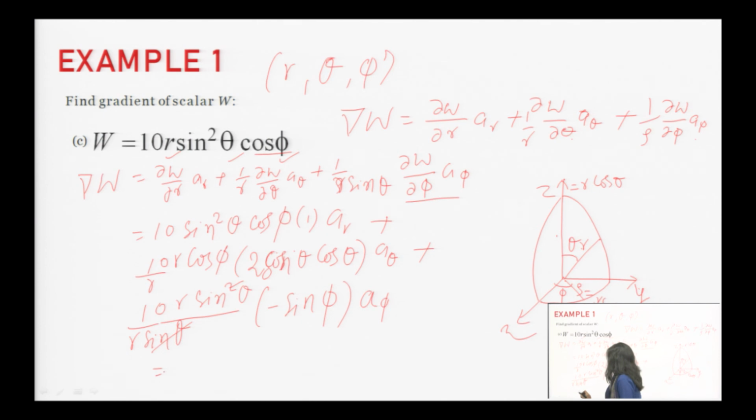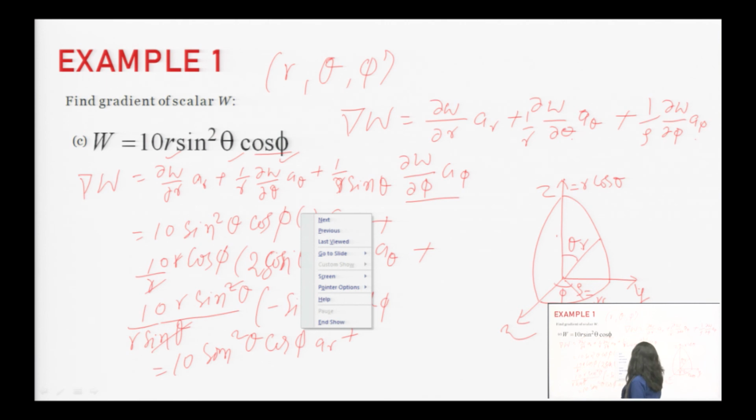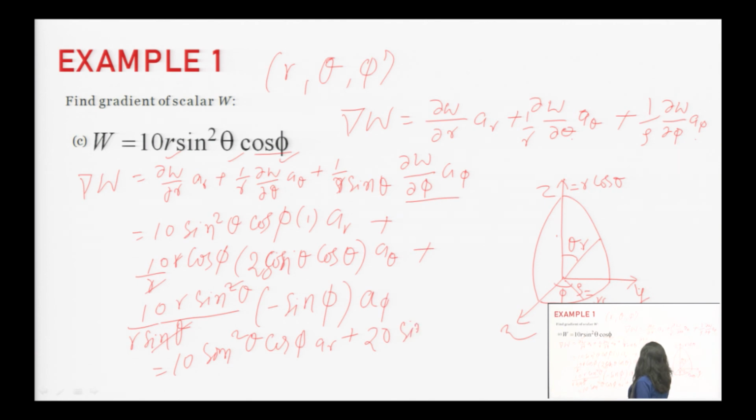We can write it as 10 sin square theta cos phi ar plus, r and r will cancel out, then it will be 2 multiplied by 10, 20 sin theta cos theta and cos phi a theta plus